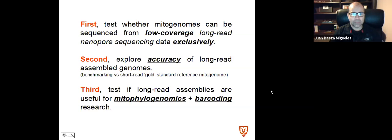The second goal is to explore the accuracy of these long read assembled mitochondrial genomes. And I will do that here by benchmarking the long read assemblies versus what we call a gold standard reference mitochondrial genome obtained using Illumina short reads from the same individual using the same DNA. And last but not least, I want to test if these long read assembled mitochondrial genomes, irrespective of the accuracy, that might be high or low, we will see, are useful for mitophylogenomics and for barcoding